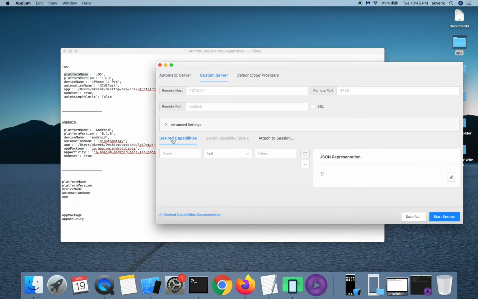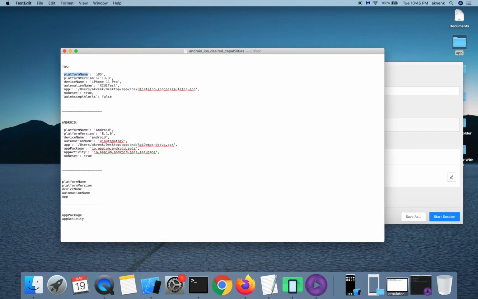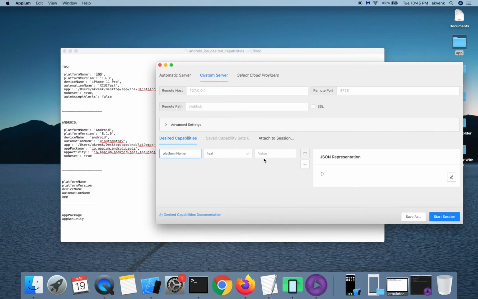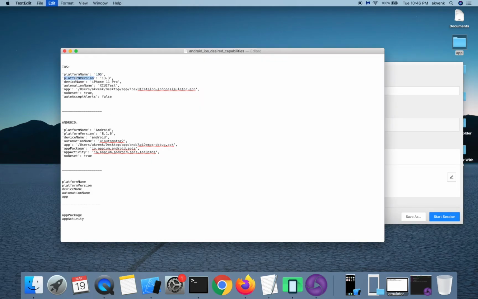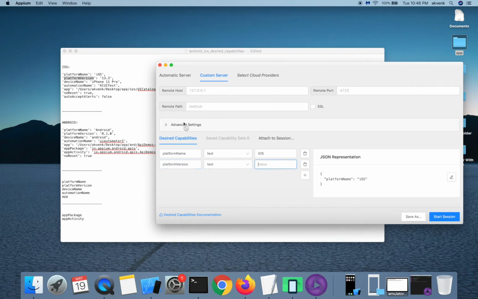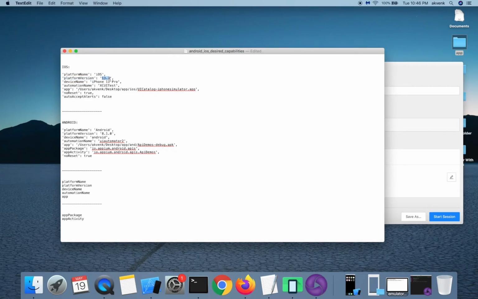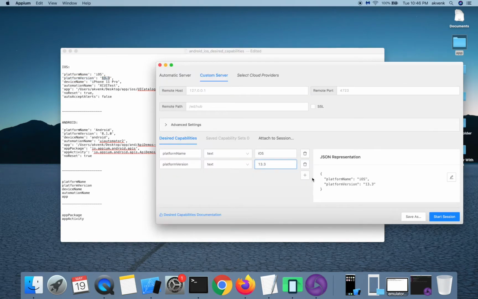So you have to copy each of these and then add it to the form. Click on the plus icon to add new fields. Platform version is 13.3.